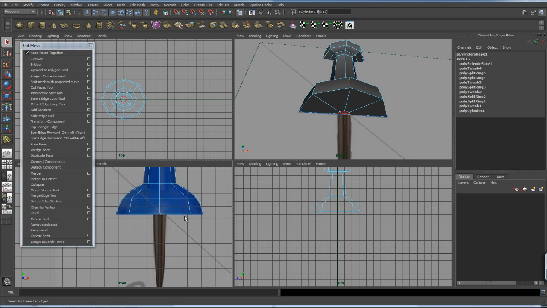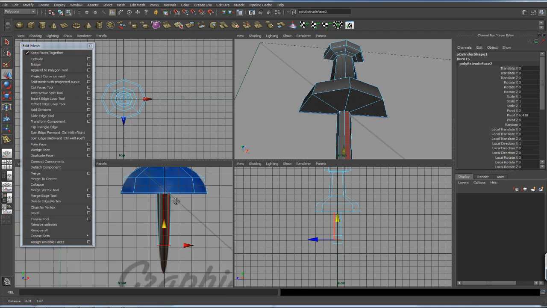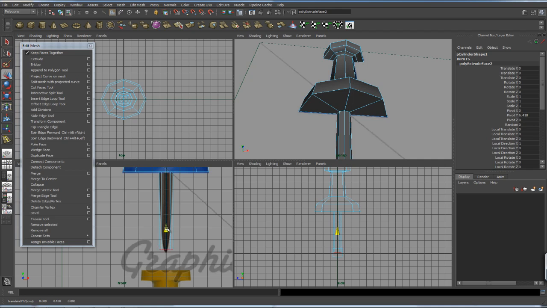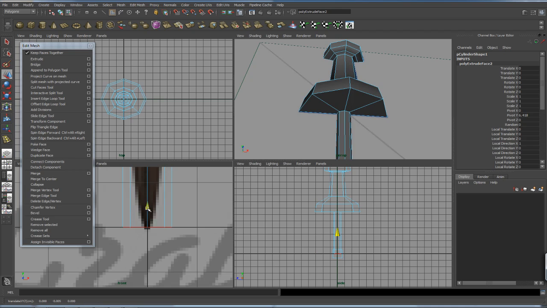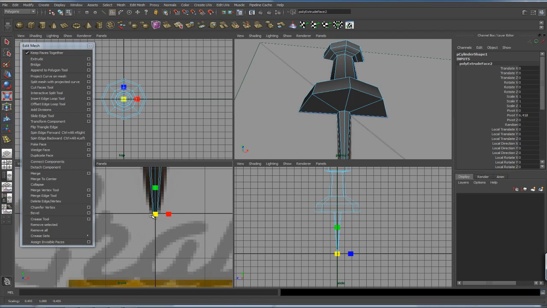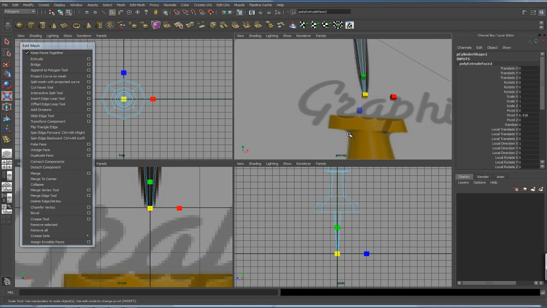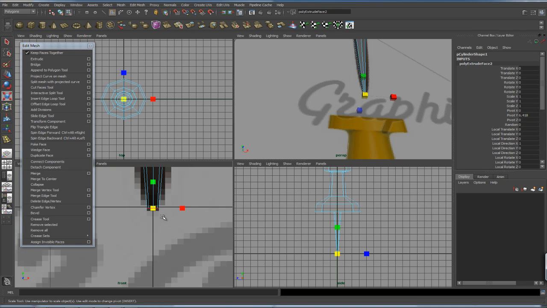Okay, and I'm going to extrude again, and translate again, and right down to the end. And I'm going to scale those inward. Notice I'm ignoring this curvature right here. I'm just going for the end goal, the end shape. And notice I'm not doing this thing that I've seen novices do where